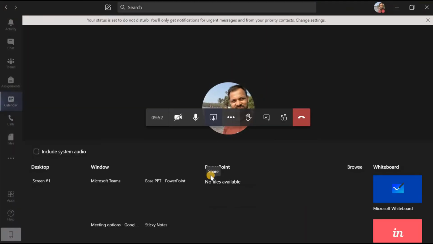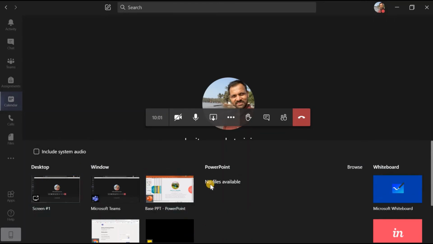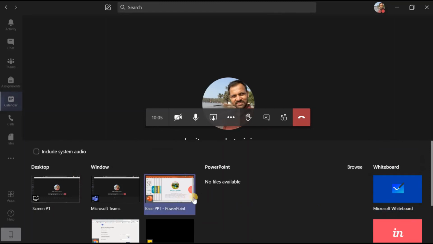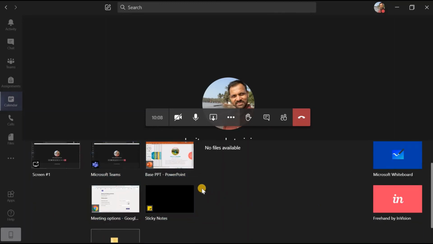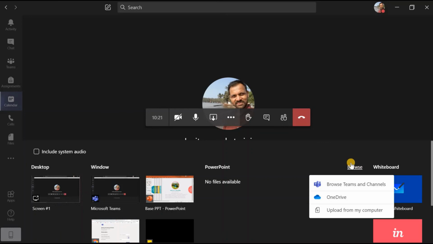Okay, similarly if I want to show any video, that is also possible. If I want to show any folder, that is also possible. Suppose along with this, a few more options are there. Okay, these files are already added by me or these functions are already running on my computer. Suppose apart from this I want to share something else, then towards the rightmost lower corner I will get a function called browse. Now here I will get different options.